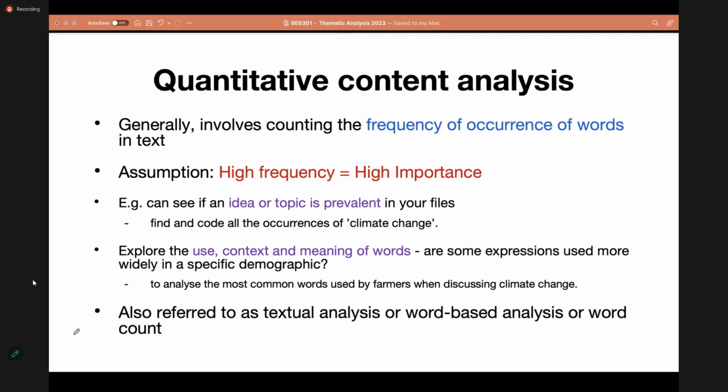And by doing this, we can get an idea of how common or how prevalent a particular topic or idea is in the documents that we are analyzing. So you might analyze policy documents in different countries, let's say, and you want to see how they address the issue of climate change.